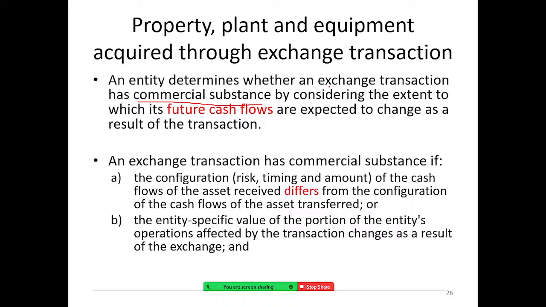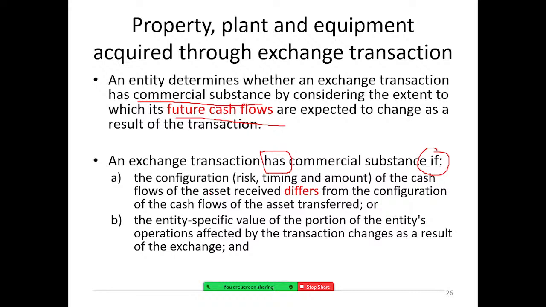An entity determines whether an exchange transaction has commercial substance by considering the extent to which the future cash flows are expected to change as the result of the transaction. The exchange transaction has commercial substance if the configuration, risk, certainty, timing, that is when the cash flow occurs, and the amount, how much, of the cash flows